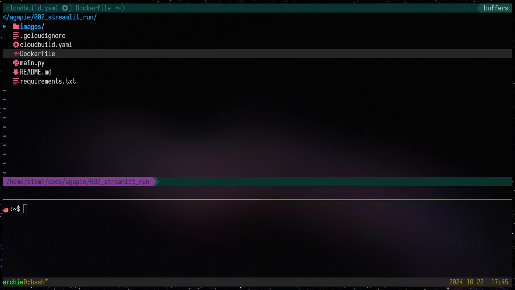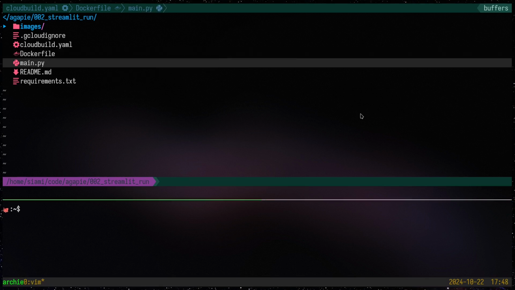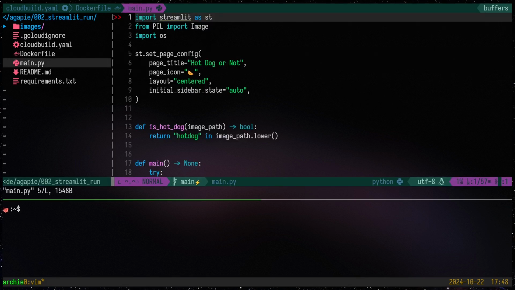Some of the prerequisites are access to a Google Cloud Project with billing enabled, gcloud and Docker installed on your system, and of course a Streamlit app. I have my application source code here. It consists of main.py,